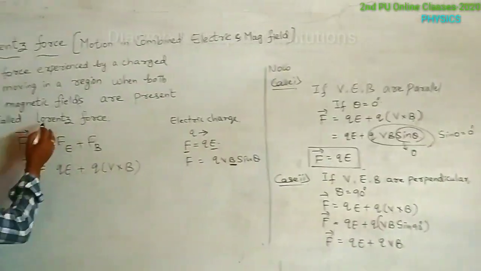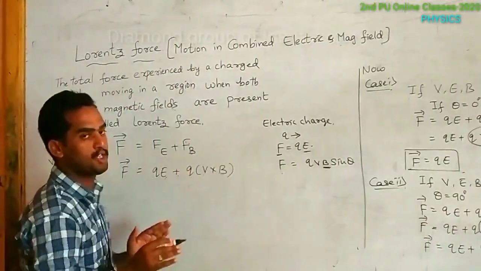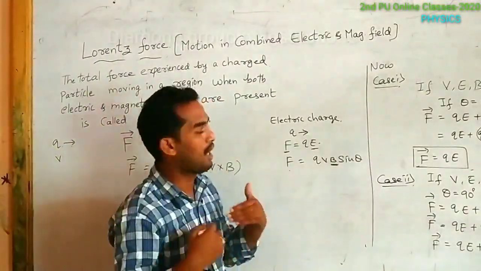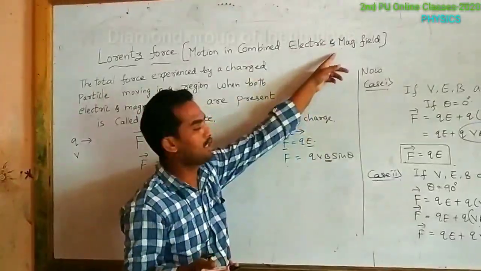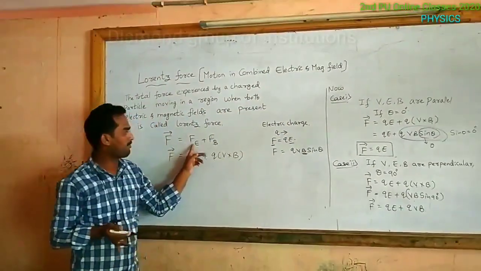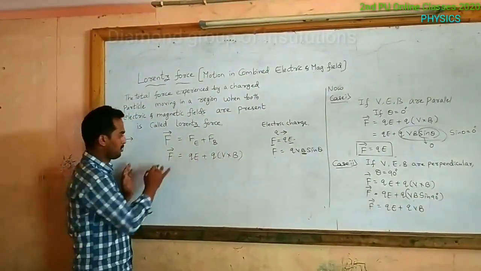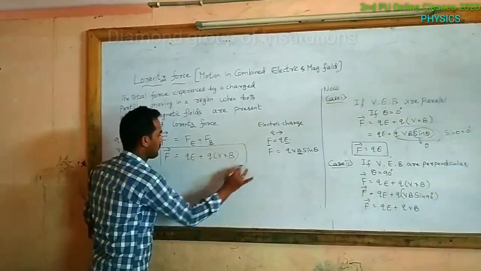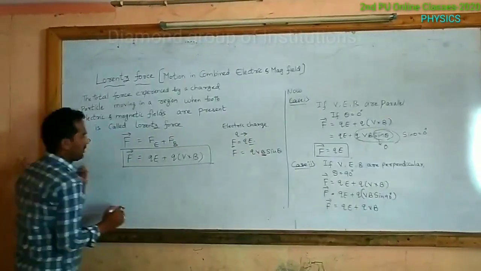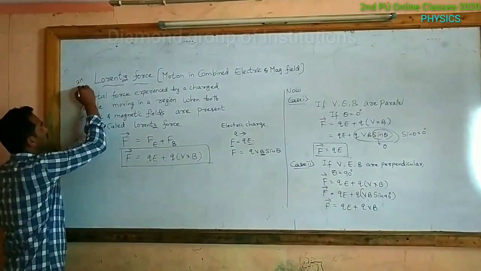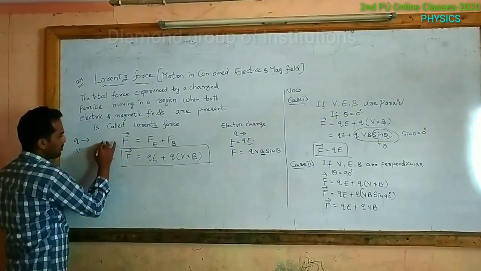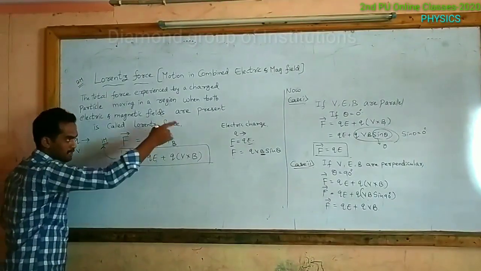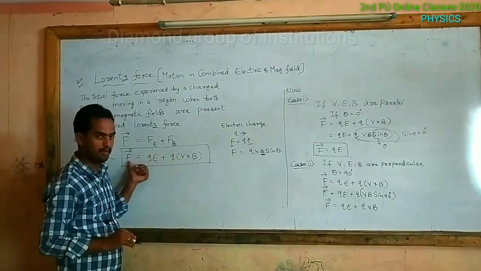So this Lorentz force is explained when a charged particle experiences both electric as well as magnetic field. So F equals Fe plus Fb. You can remember this equation, and this is for 2 marks, and this expression is going to be asked for 1 mark as well as special cases. F equal to QE.